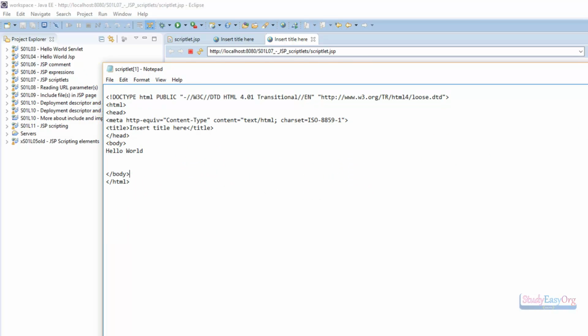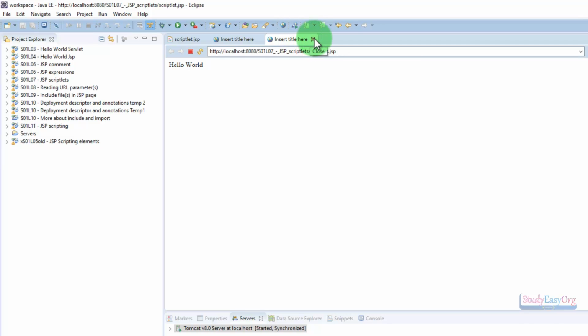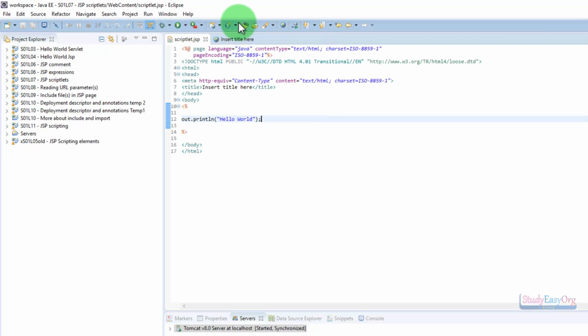Let me close this source code. Let me also close the output in fact, and coming back to the scriptlet.jsp. Inside a scriptlet we can not only add a single statement, rather a complete fragment of code can be coded inside a scriptlet. Now let us declare and define a variable, maybe int, and the name of the variable could